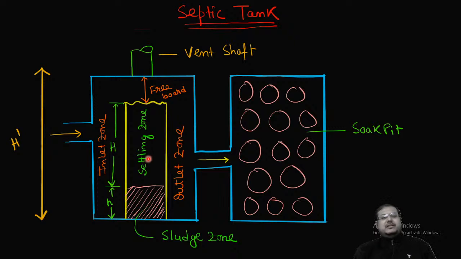सेटलिंग जोन से पार्टिकल जो है वो सेटल करके स्लज जोन में आ जाएगा, और वही स्लज जोन में उस पार्टिकल का सेटल सॉलिड्स का डाइजेशन होगा, उसको खत्म किया जाएगा, और उसको एक्चुअली होगा कैसे? स्लज डाइजेशन, स्लज विल गेट डाइजेस्टेड। तो ये तो हमने कभी नहीं बोला था कि प्लेन सेडिमेंटेशन टैंक वो कुछ होता है, मतलब इट इज लाइक प्लेन सेडिमेंटेशन टैंक इज लाइक if it is aerobic or anaerobic।